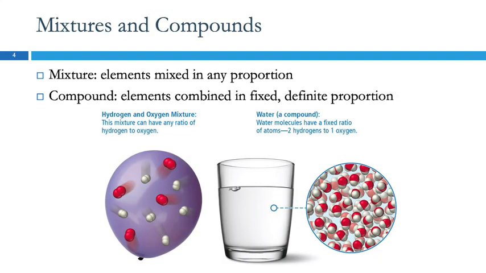So a little review. A mixture could be different elements, but mixed in any proportion. An example of this would be a balloon filled with oxygen and hydrogen gases. You could have more or less oxygen or hydrogen because it's a mixture. There's no fixed proportion. Whereas in a compound, the proportions of the elements are fixed. We talked about the mass ratios, talked about the law of definite proportions. Here we're going to be focusing more on the atoms that compose the molecules. And so every water molecule has one oxygen atom and two hydrogen atoms. Always the same proportion.